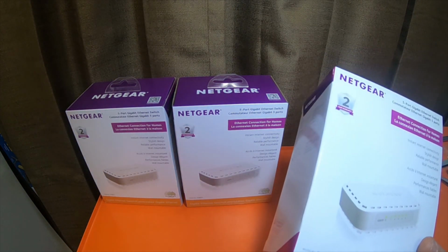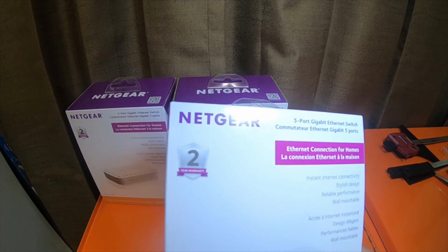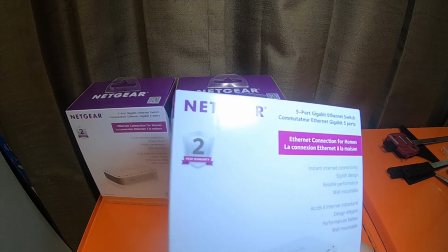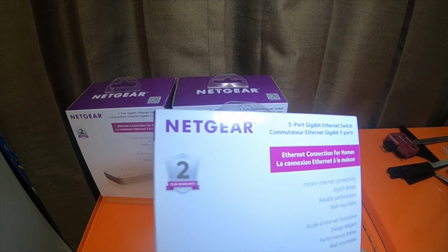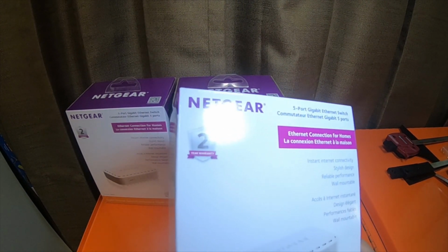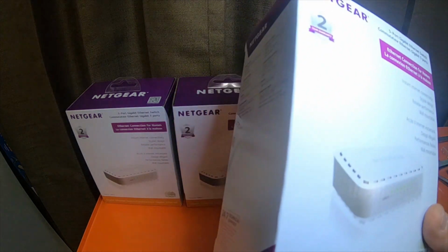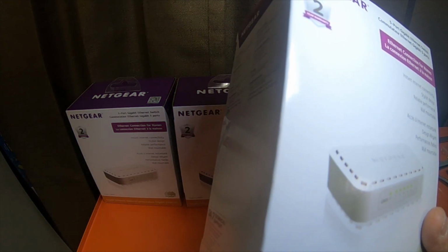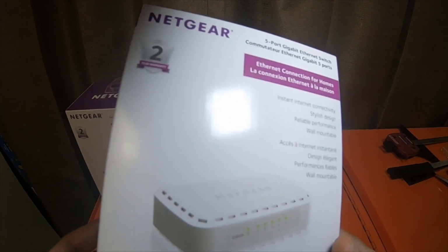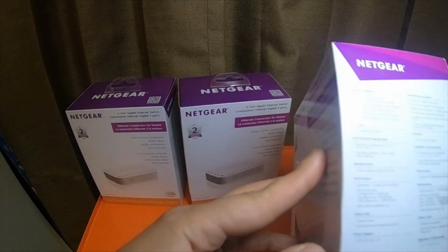So I picked up this Netgear 5-port gigabit Ethernet switch, commutator Ethernet gigabit 5 ports. I guess that's in Spanish. Instant internet connectivity, stylish design, reliable performance, wall mount. It is model number GS605. It is made by Netgear. It says Netgear Green, 2-year warranty. On the side,